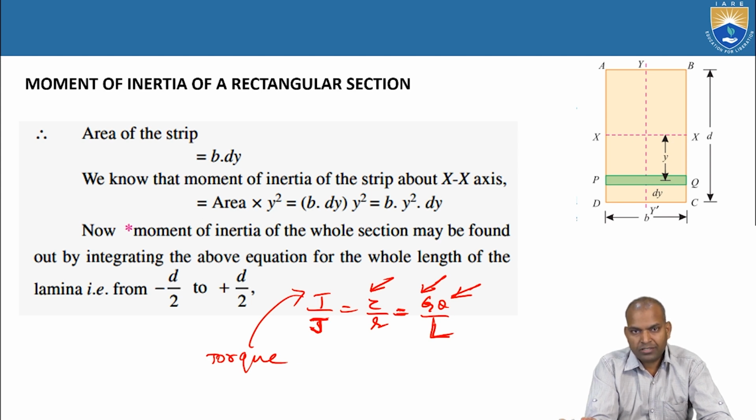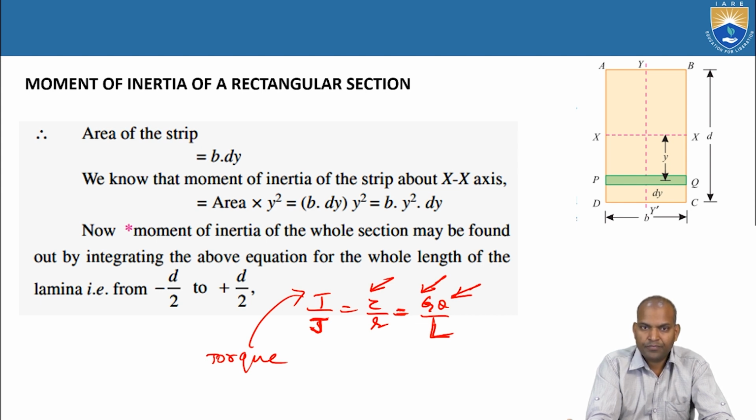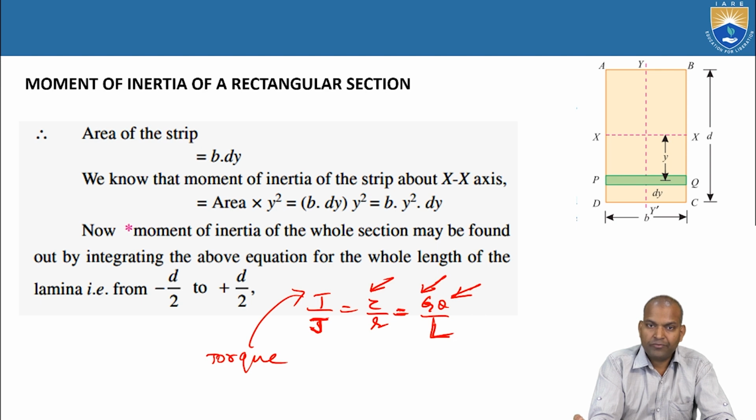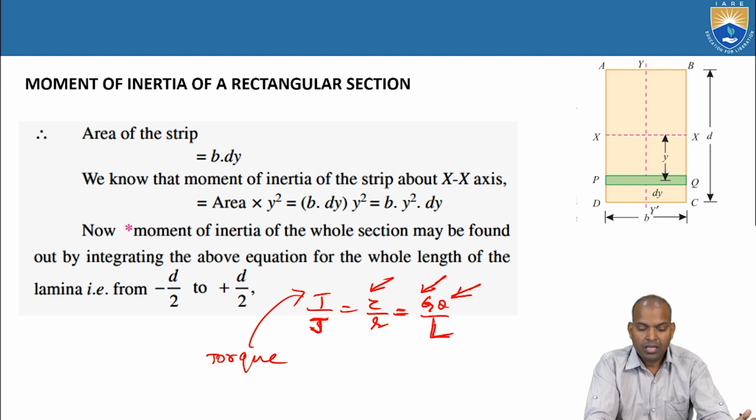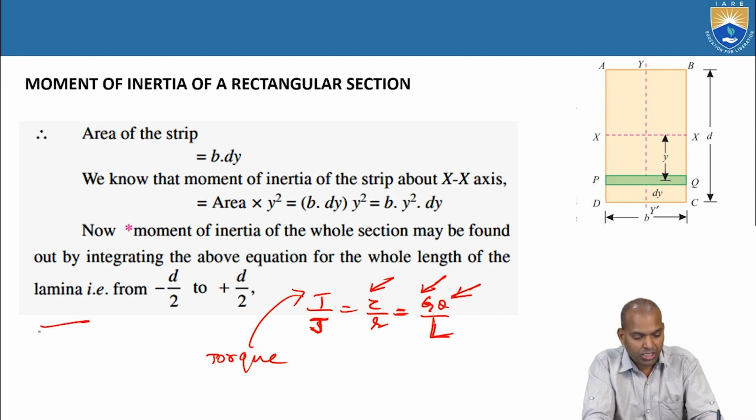Why is section modulus important? If the section modulus is high, the strength of the beam is high. That's why, based on the value of the section modulus, we choose the area of the cross section of the beam. The area of cross section of the beam is this I section,